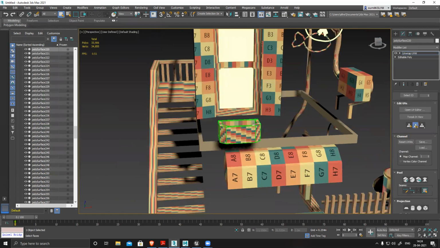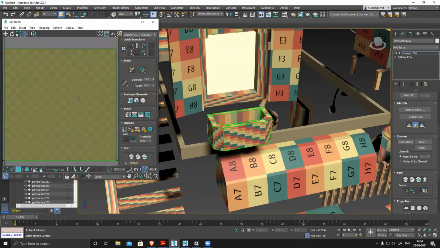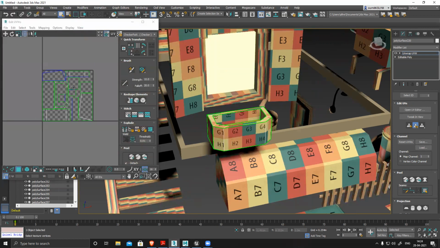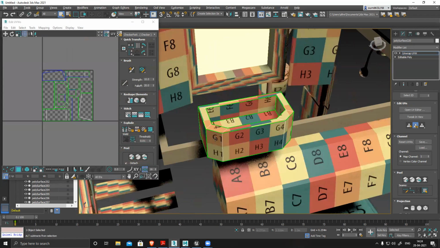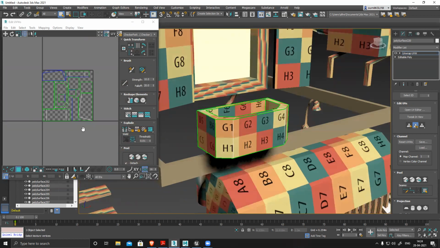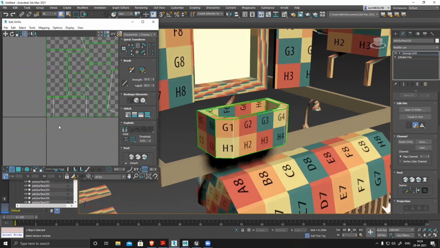So if you split the entire thing, split the entire thing, mapping, flatten. Now see, this entire thing can be together, can stay together. And see this one, this section.